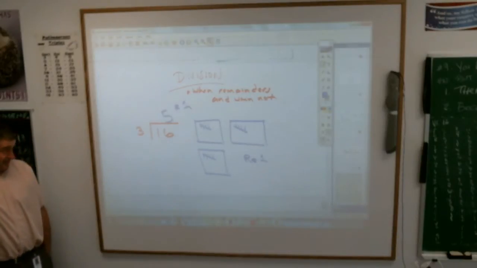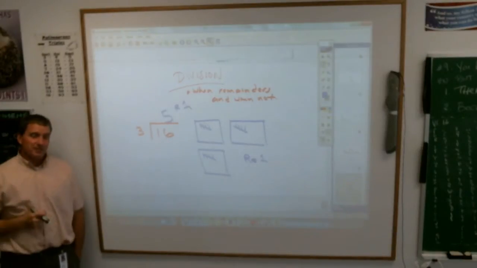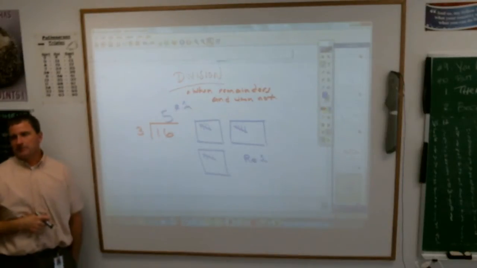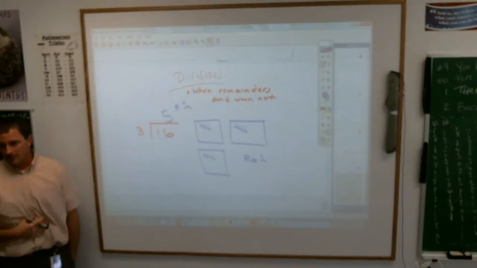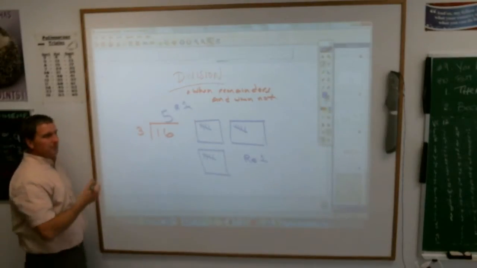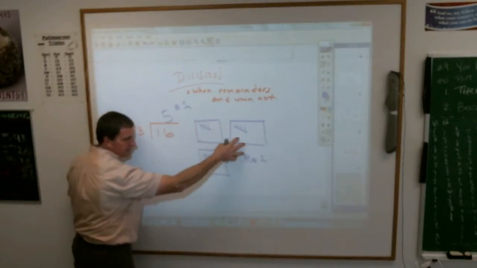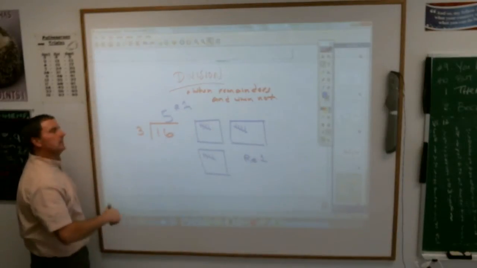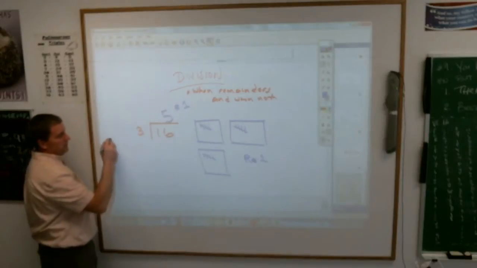Okay? Got that? And what happens to that 1 cookie? Well, for right now, it just sits out there, and maybe you give it to somebody else at some other time, but it's not fair not to give somebody the 6th cookie or whatever. When we do a division problem, rather than doing all this and putting 3 groups and doing all that, because that gets tough when the numbers get really big, we have the algorithm, which is